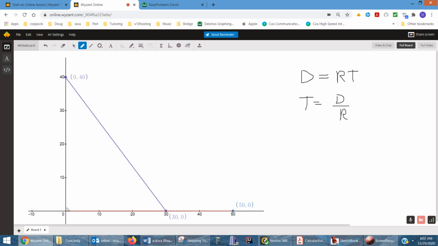And we want to figure out the best route for getting from here to here. One way to do that would be to drive the truck 45 miles per hour all the way down to here for 40 miles, and then drive 75 miles per hour for 50 miles directly east. That's probably not going to be the quickest time. And what we have to do is use the fact that distance equals rate times time, so time equals distance divided by rate. And we need a function